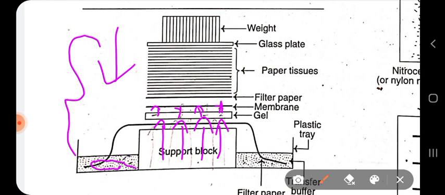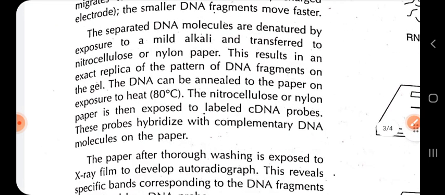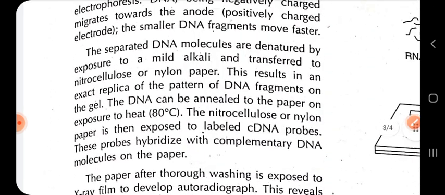That same position of bands will be found on the nitrocellulose membrane as well after blotting, because just after blotting it has been observed that, as we are doing the Southern hybridization, the relative position of the DNA bands on the membrane remains the same as those present in the gel. So there is minimal loss of resolution, or you can say minimal loss of sharpness, in this blotting technique. So you can see here what we have said.